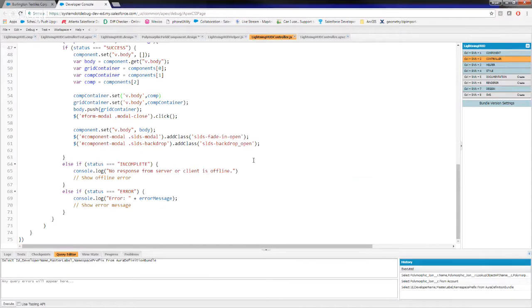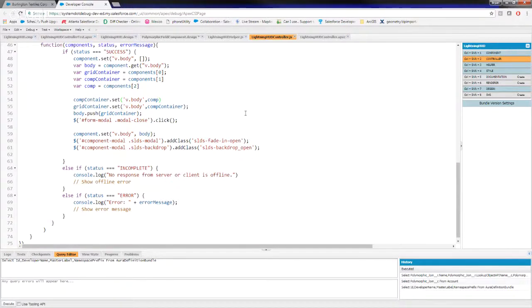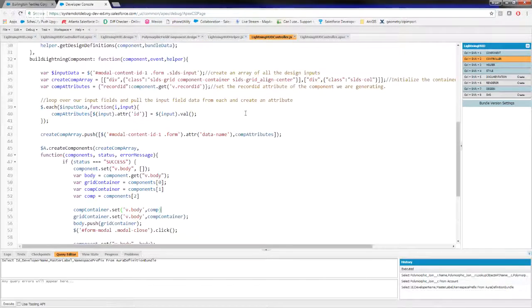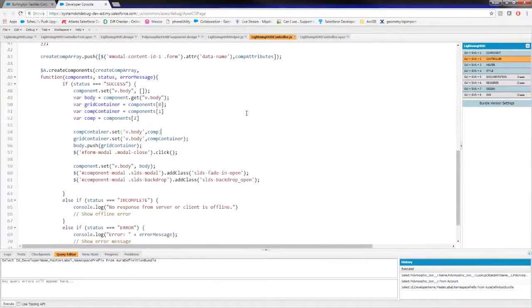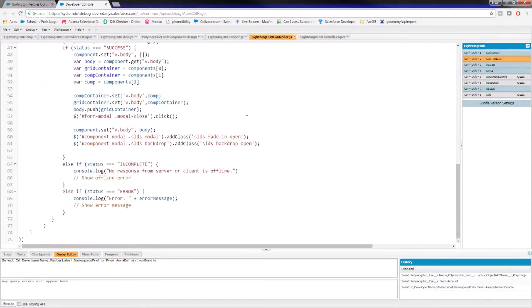Yeah. So the part where you're popping up your modal, you're actually able to read the design file when that loads and determine whether or not you need to ask for parameters. Like if I'm expecting a record ID or something, you can prompt the user for that right there. Because that was going to be my question. Okay, that's all well and good to throw them on that page, but what if I have parameters that I'm getting from a parent component or something else? How do I simulate that? And is that what you're doing then? You're just reading that design file somewhere and it says, oh yeah, I've got an attribute that needs a value,